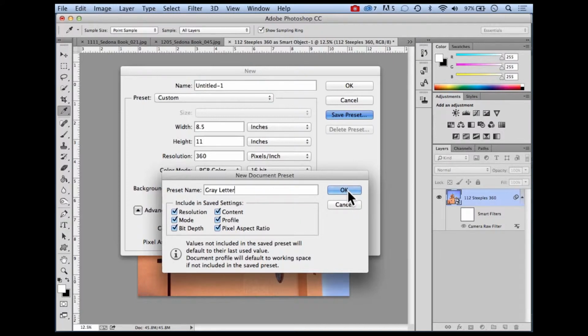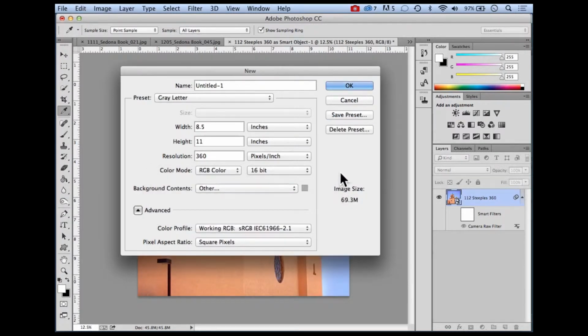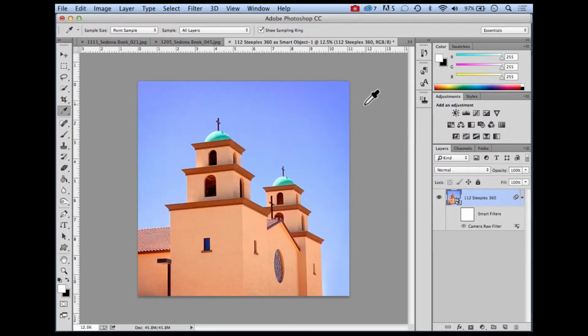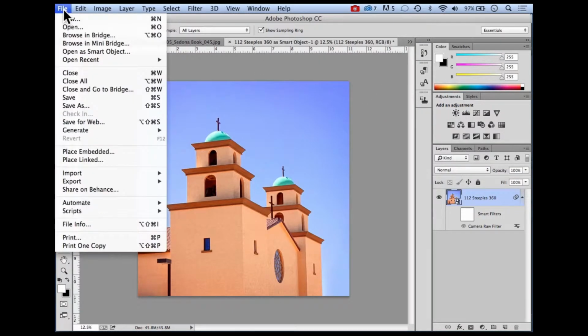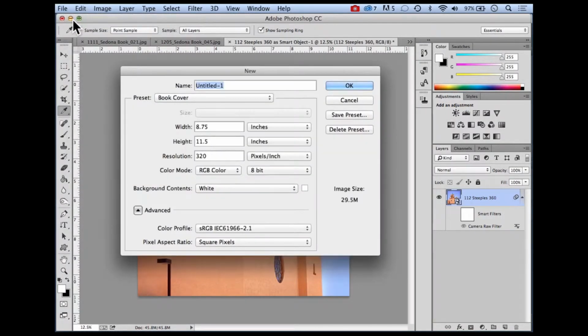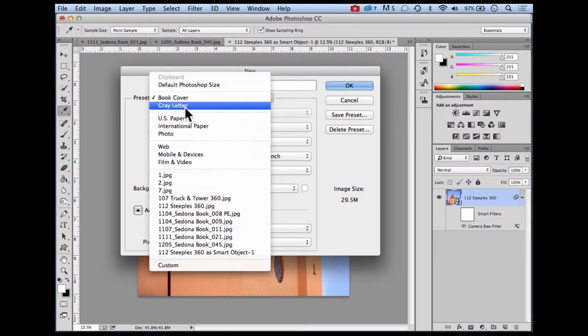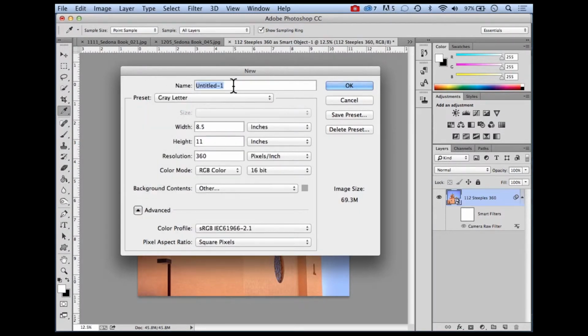And I'm going to click OK. And I'm going to cancel. Now if I come back up here to open a new file, I can see my book cover, but now I also have gray letter as a preset. So if I click on that and I give this new file a name, new gray file,